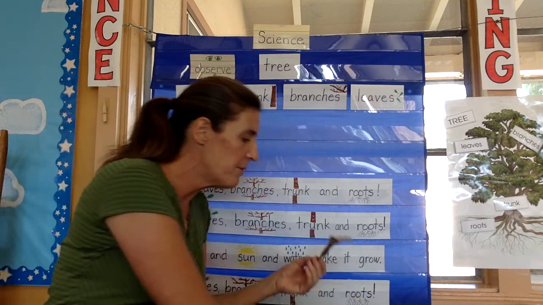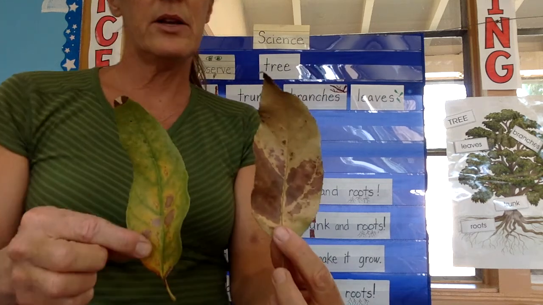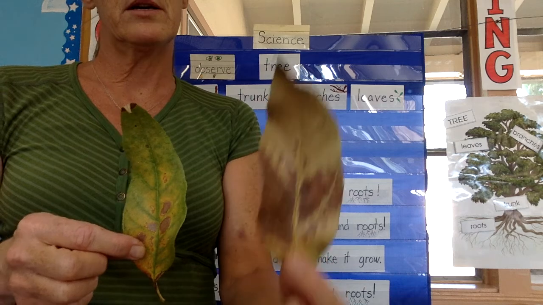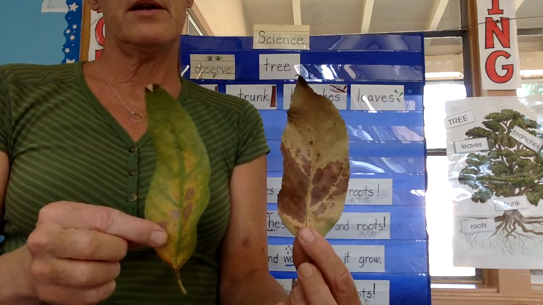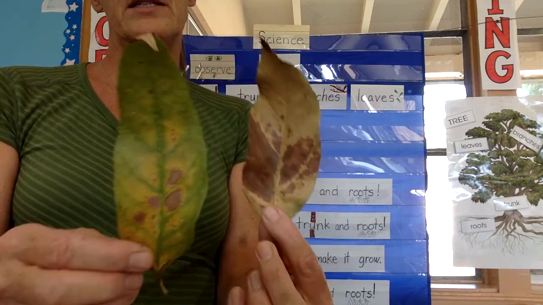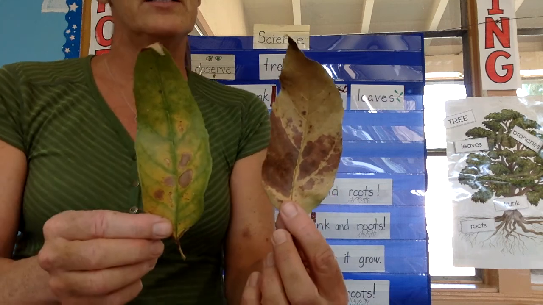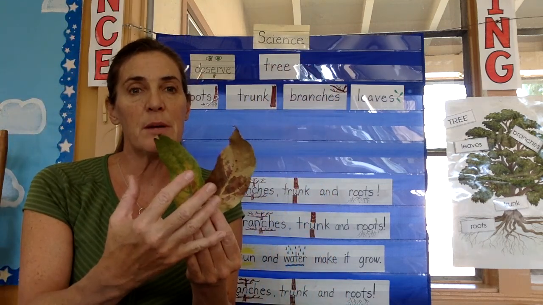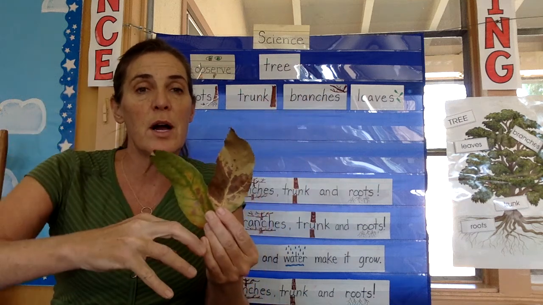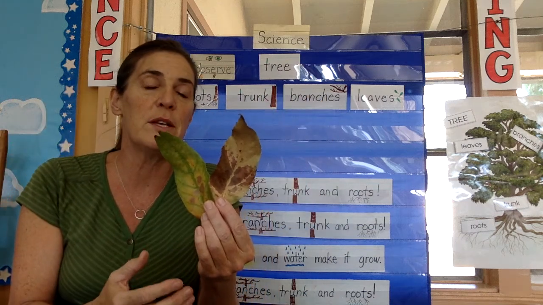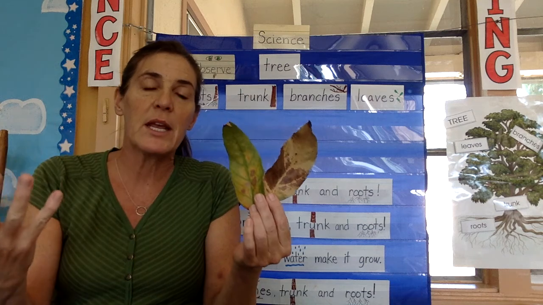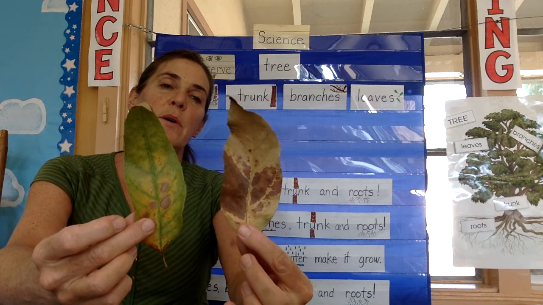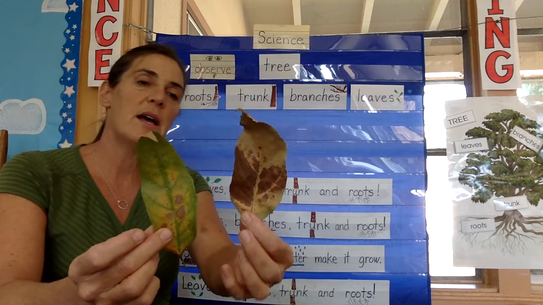These two leaves came from the same tree. They look a little different, don't they, in color? One has lost all of its green. The other one is in the process of losing its green. Do you remember we learned that the green part, the things that keep it green, go back into the trunk so that the tree can live through winter. And then in the spring when it gets warmer, the new leaves will grow, and from the sun they'll turn